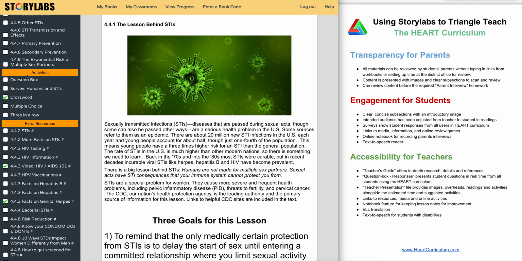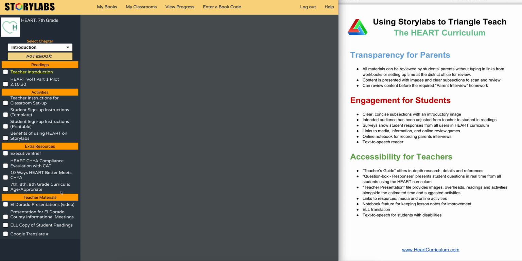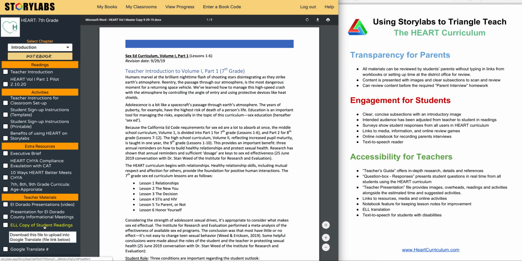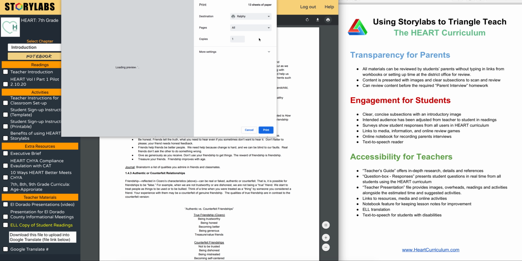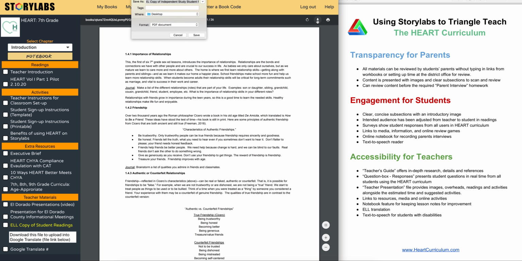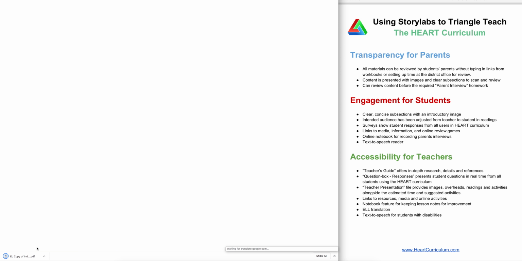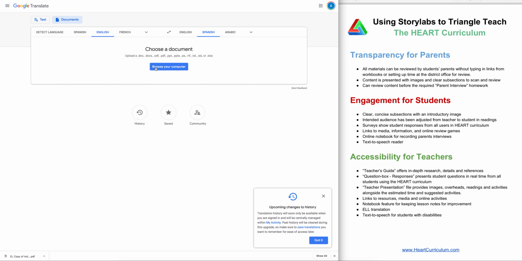Another accessibility feature is making it accessible to those parents who don't speak English and possibly the students. Here's the ELL copy of the file. They're going to download it. I'm saving it to my desktop, and then I'm going to click on Google Translate. I'm going to click on Documents and browse the computer,